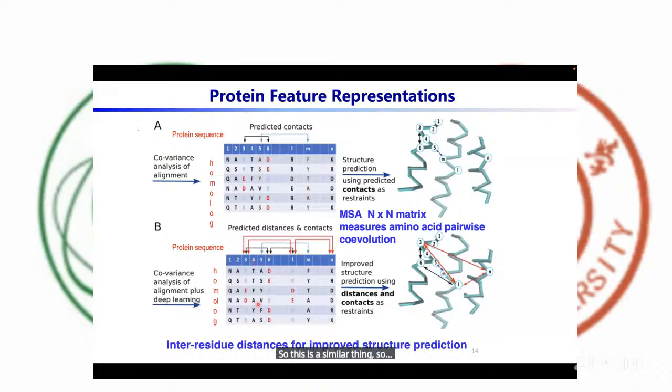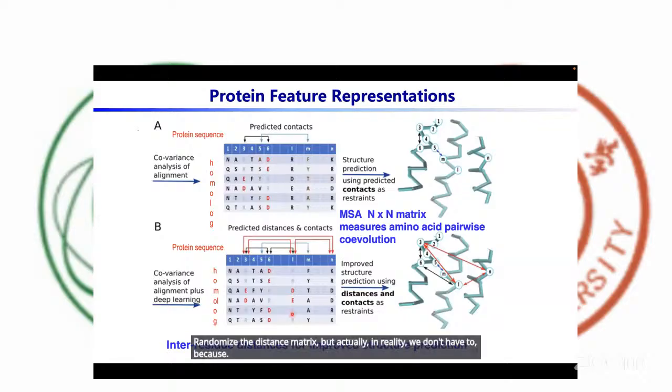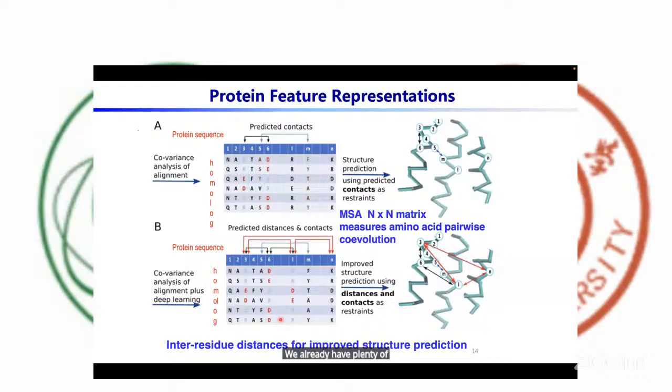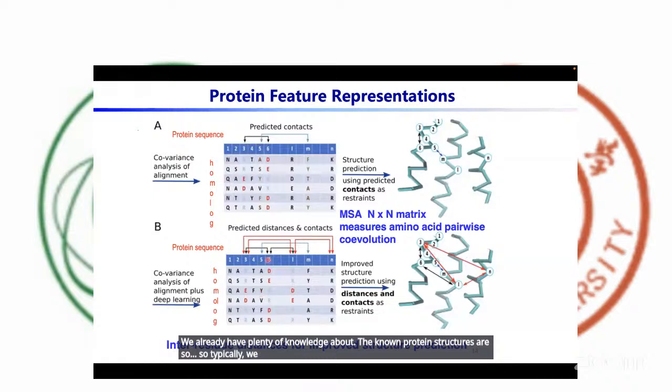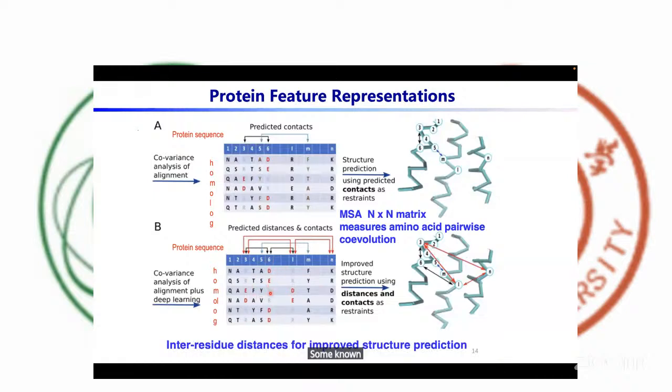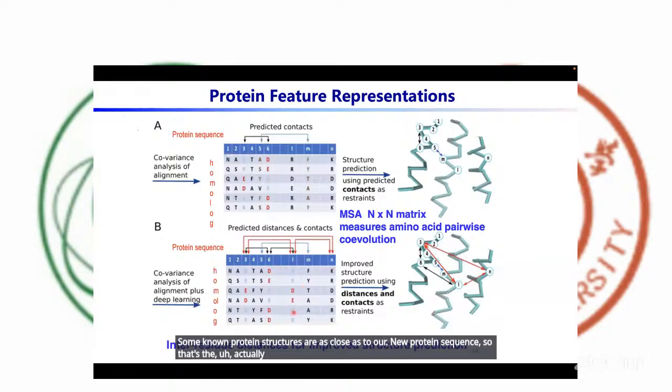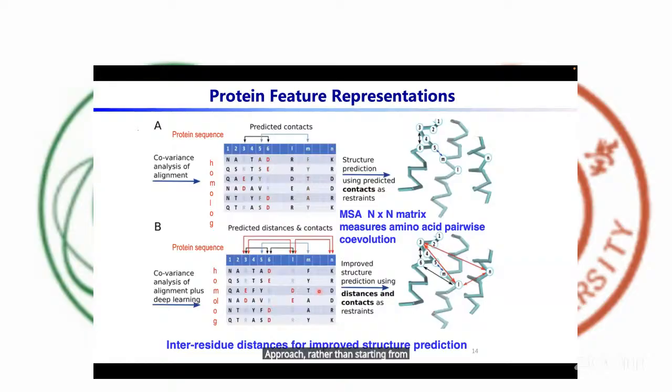So we may have to start with a randomized distance matrix, but actually in reality we don't have to, because we already have plenty of knowledge about the known protein structures. So typically we start from some known protein structures as close as possible to our new protein sequence. That's actually the more practical approach, rather than starting from a randomized distance matrix. Okay,